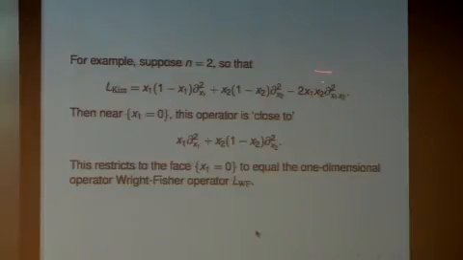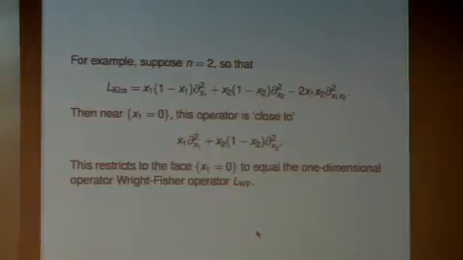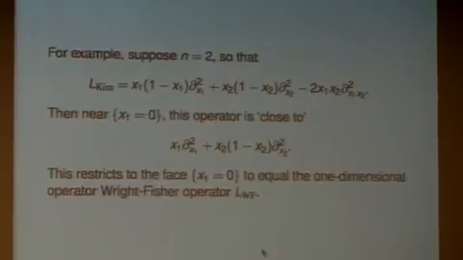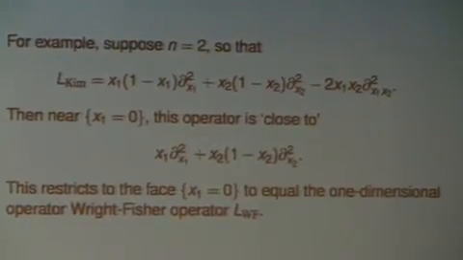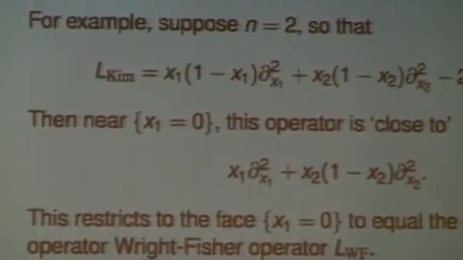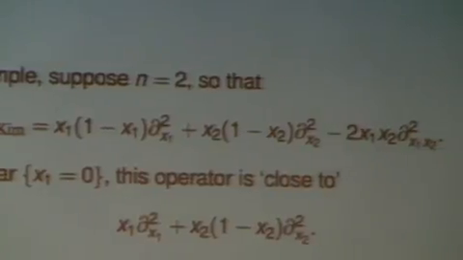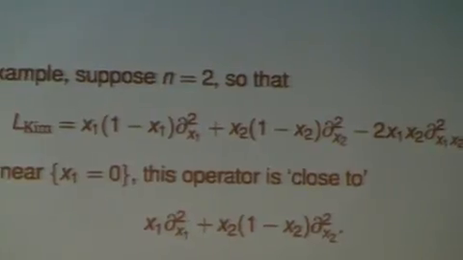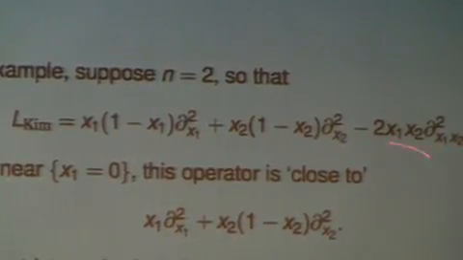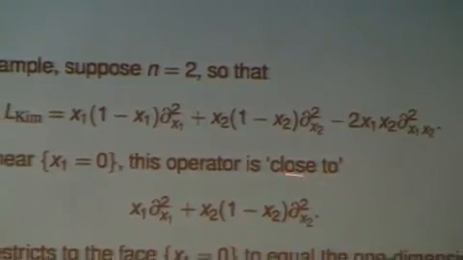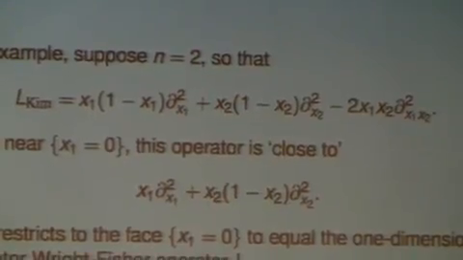But if I look at the restriction of this operator to the space, now normally, if you're on a manifold boundary, you have a differential operator. It doesn't restrict to the boundary face. Right? If you think about it, if I have a function defined on the boundary of a manifold, and I have a differential operator defined in the interior, then it doesn't mean anything to invariantly say what is that operator applied to that function just on the boundary, because the operator will involve normal derivatives. Okay? However, if the operator has this vanishing term in front of the normal derivative, then it actually makes sense to restrict the operator to that face. So this term's gone, that term's gone. What's left is exactly this term here, which is the Wright-Fisher operator in one dimension down.